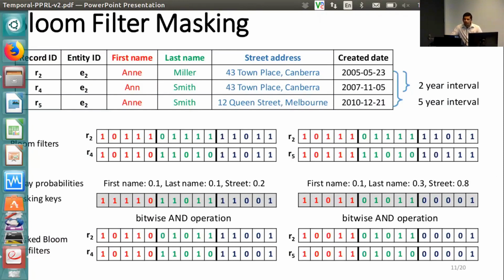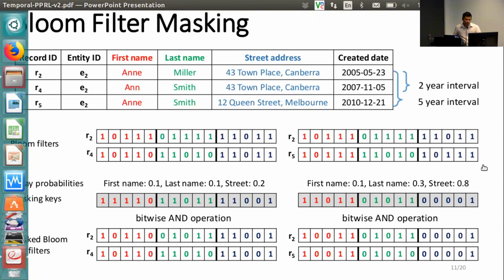So if you encode each of these records in its own Bloom filter, you will have R4, R2, R4, and R2 and R5 like this, and you want to compare these together. And depending on the time interval we will have our own masking key. Each time interval will have a specific probability value, decay probabilities, and depending on those decay probabilities, we will select the number of bits that need to be set in each of these masking keys. You can see that in the 2-year interval, the street has a decay probability of 0.2,